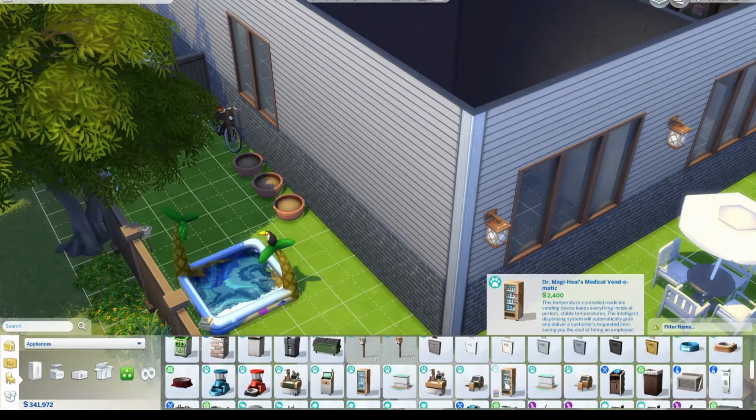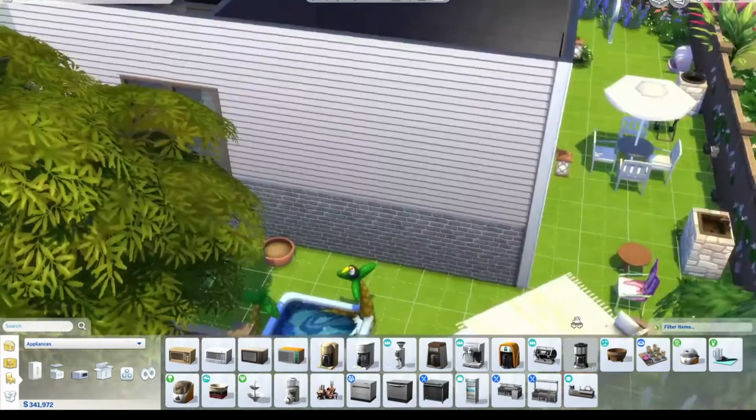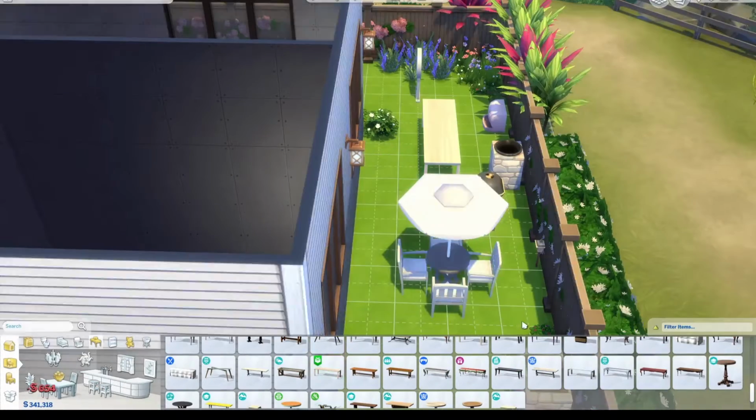I put another bike there, and I figured that maybe the father, Mr. Park here, loves gardening, so I'm figuring out, because I'm trying to make this house as close to my real life